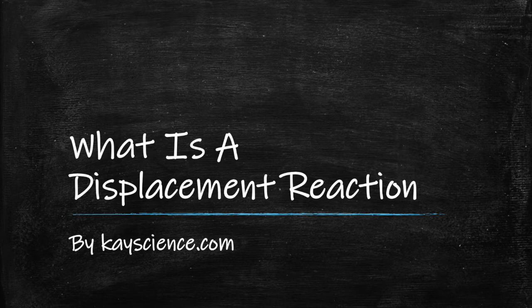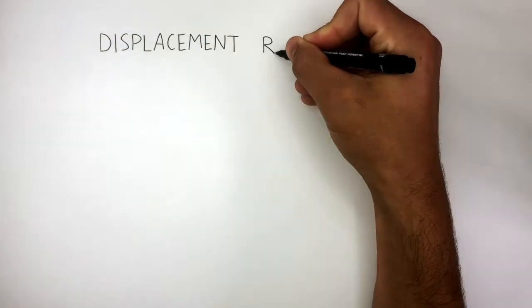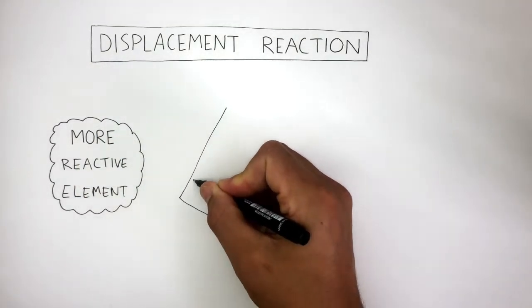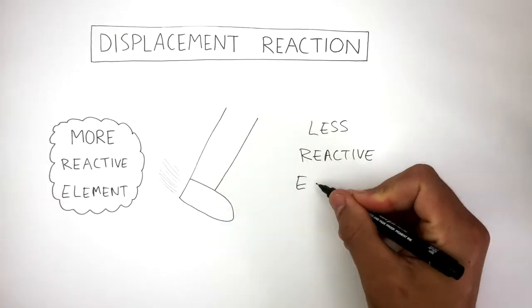What is a displacement reaction? By KayScience.com. A displacement reaction is where a more reactive element displaces or kicks out a less reactive element from